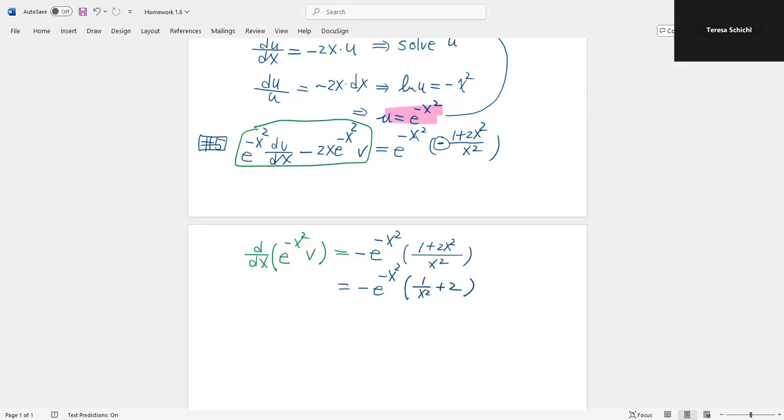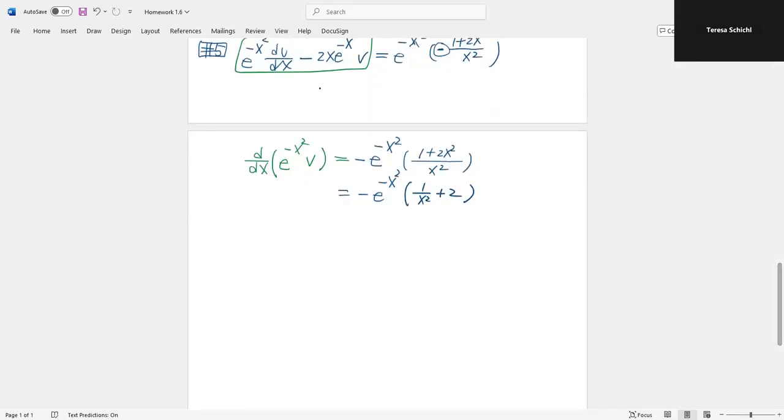Now I integrate both sides here. This one is a derivative, so when we integrate it will just be itself, e to the negative x squared v. And here, this will be the integral of negative e to the negative x squared times 1 over x squared plus 2,